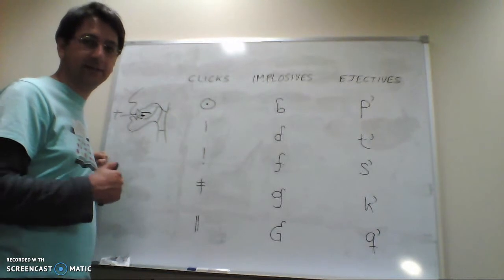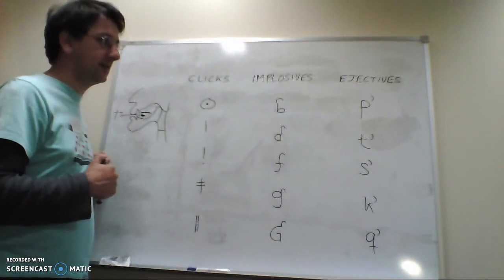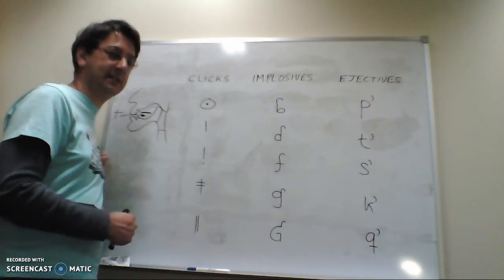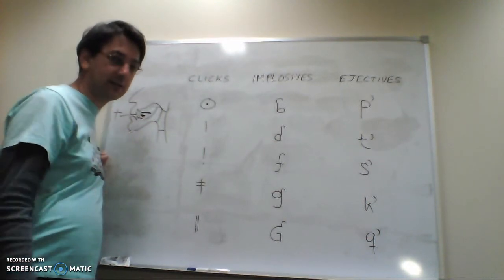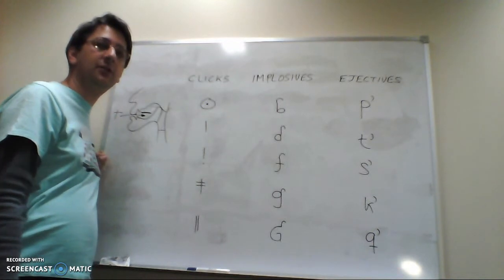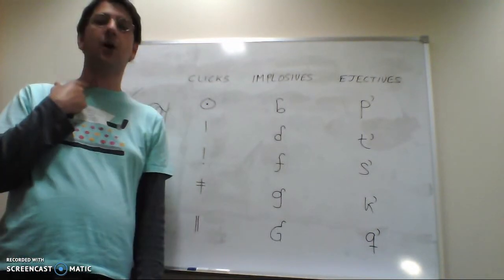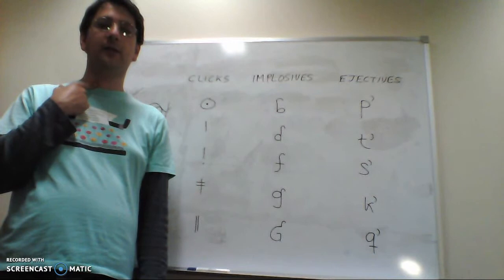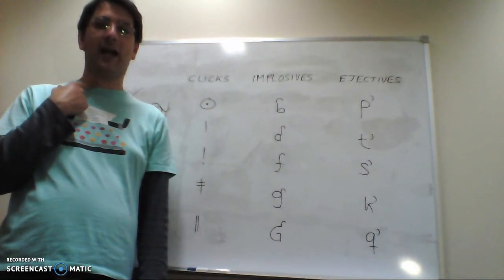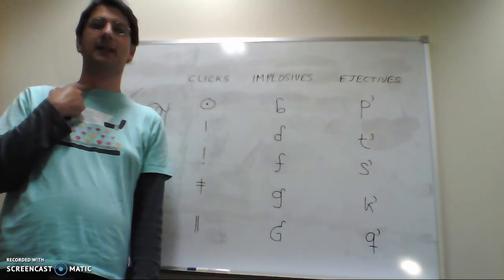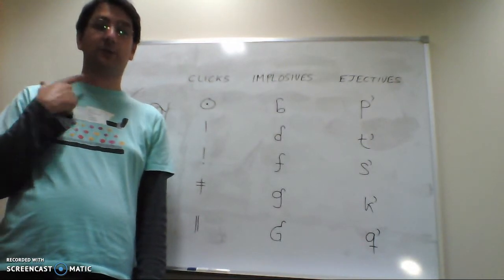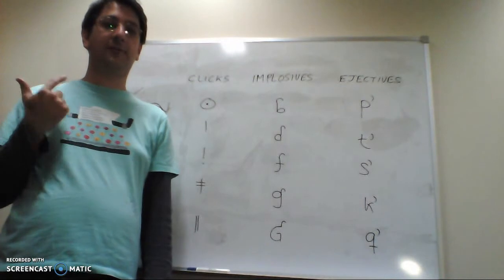And finally, the ejectives. Ejectives are voiceless, and they are produced with your glottis closed, and then you raise your larynx. So the whole larynx body is going up. It's compressing the air in the oral cavity. So finally, when you release the front closure,